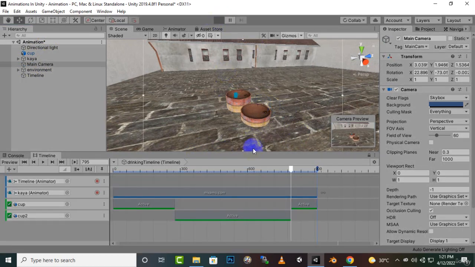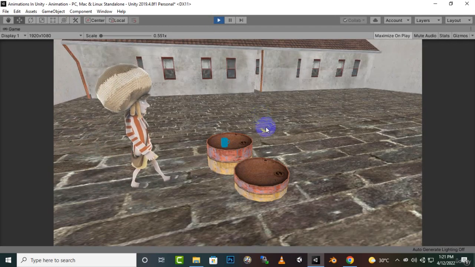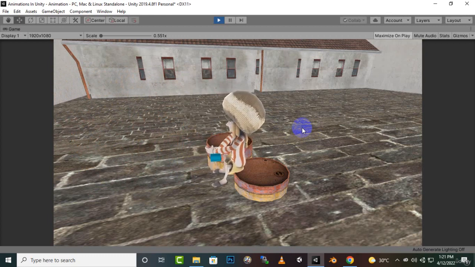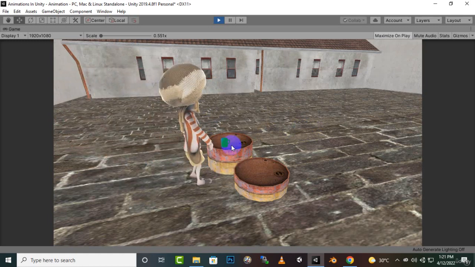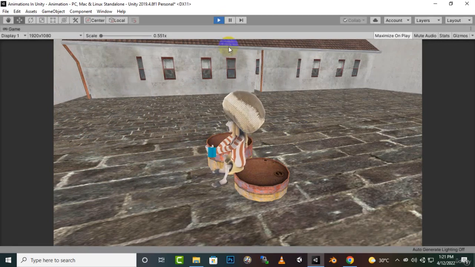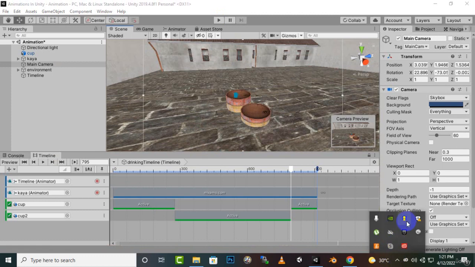Now if we play the game, hopefully you will see that our character will move towards these tables, and it will sit down, get the cup, and drink from the cup. Okay, although the placement is not very nice, he will place the cup over here. Loop is enabled, so that's why you can see that the animation is looping again and again. So that's it, we have created a practical example of the animation track,